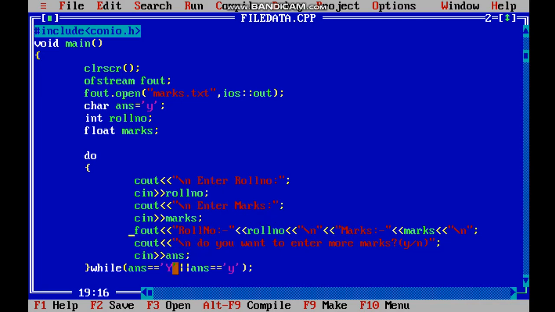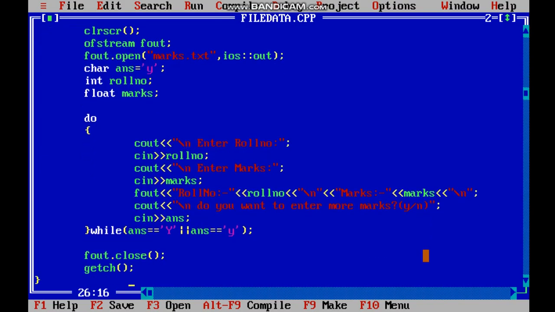Then this is the usual statement which I have written. This will tell us whether we want to enter more marks than what we have entered. So if we want to enter 2, 3 marks, roll number and marks for the student, then we can add it. Then we have to write y, otherwise we have to write n. Then at the end I have closed the ofstream and then getch to hold the output.